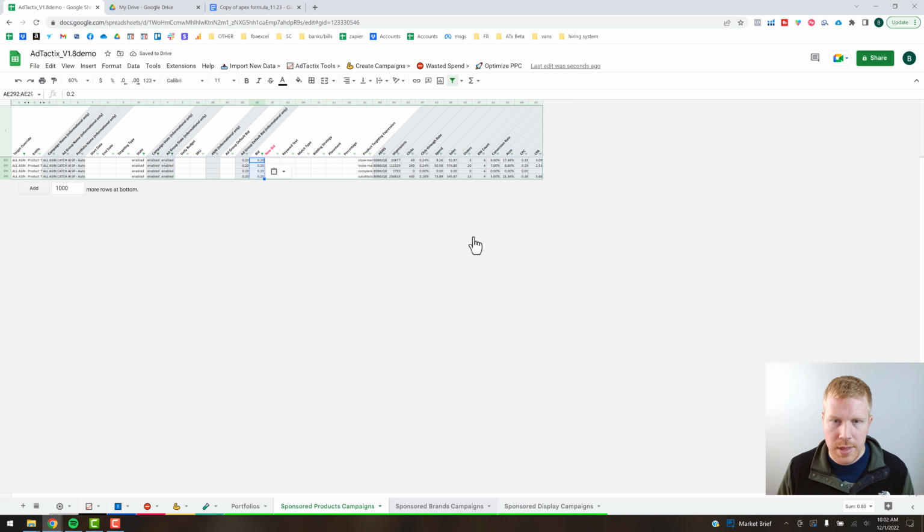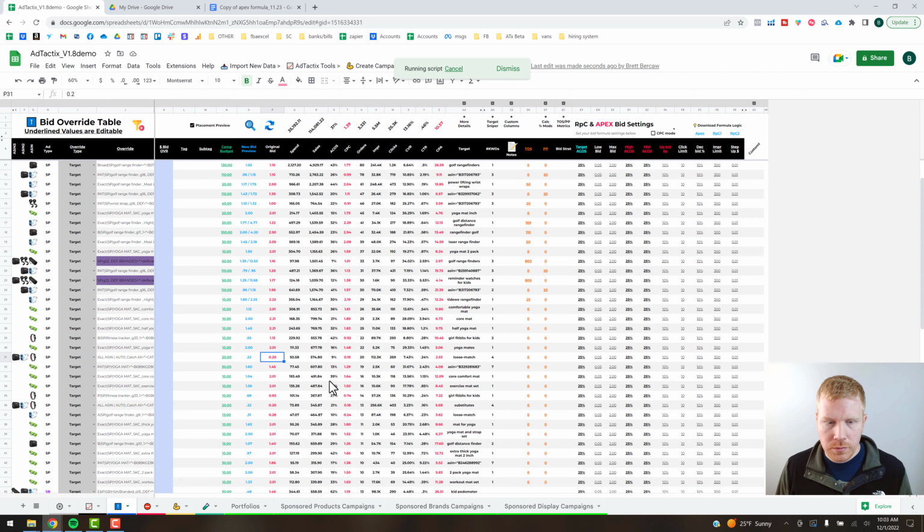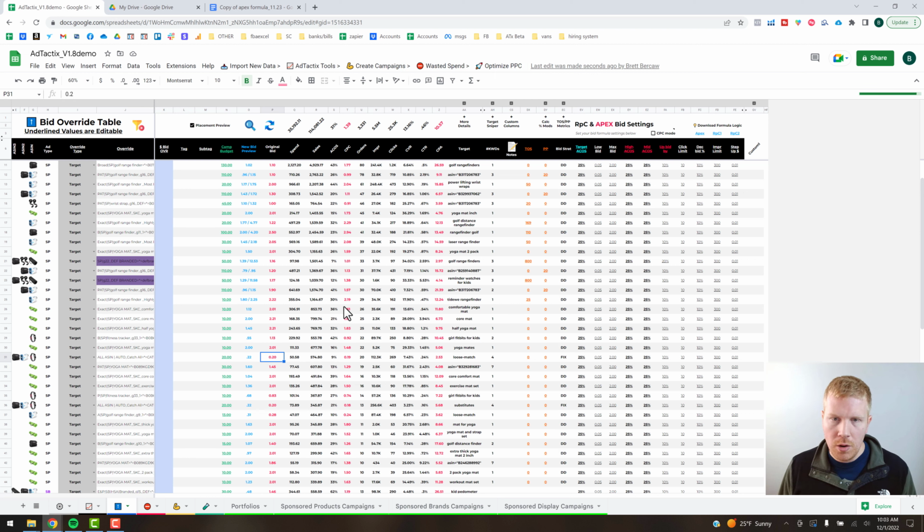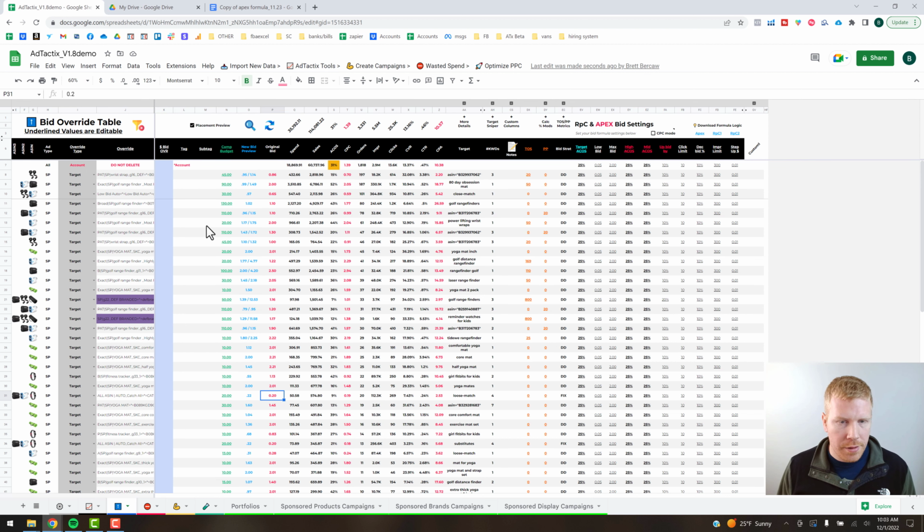And I'm going to run through and just do that in these as well. All right, so that's really the setup you want to see. That way you know that all of your optimizations and formulas are going to be working properly. All right, now one other thing I want to mention before we get into the actual optimization scripts is this